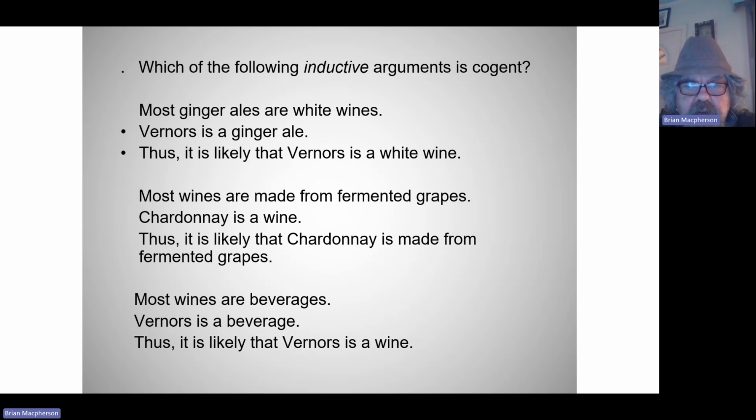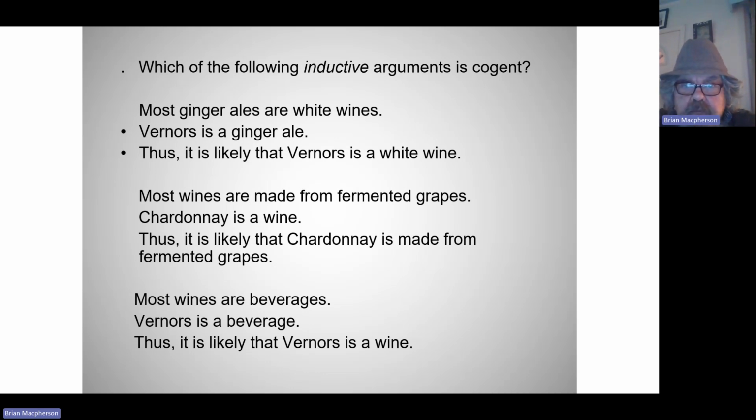If it's inductive, is it strong? Is it cogent? If it's deductive, is it valid? Is it sound? Right? So these will be the exercises. These are the exercises that I'll give you next week. Okay? So just to wrap everything up for this part of the lecture,